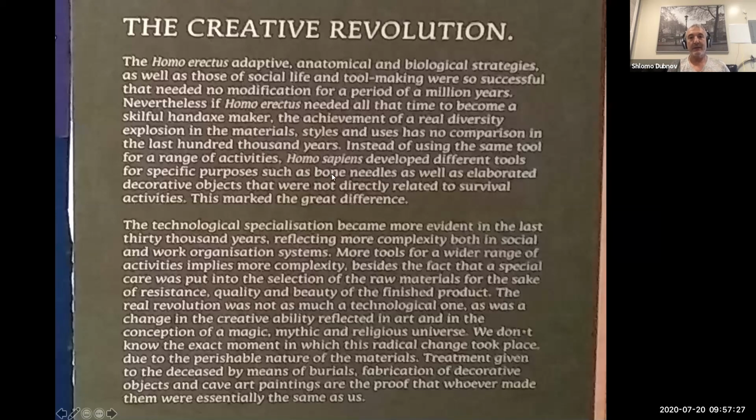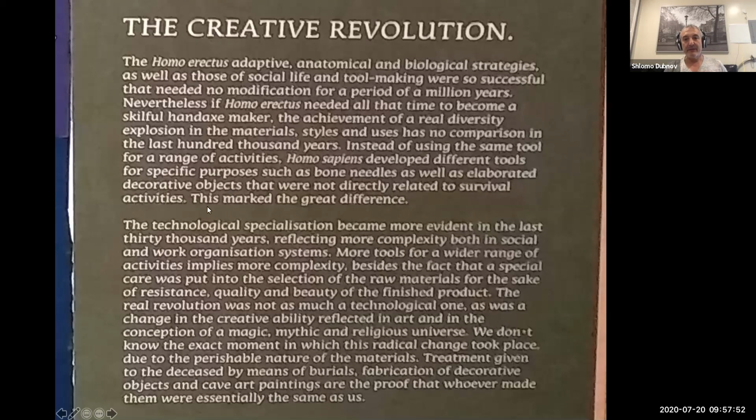So the idea was that the Homo sapiens suddenly developed many more tools, and these tools were not only much more diverse. The point was, and this is the last sentence here, that Homo sapiens developed different tools for specific purposes, such as bone needles, as well as elaborated decorative objects that were not directly related to survival activities.